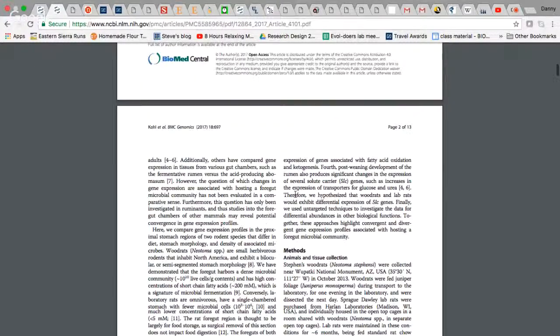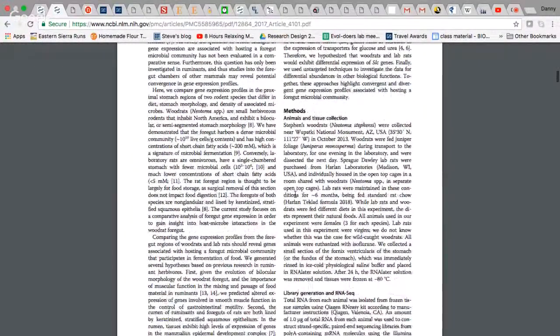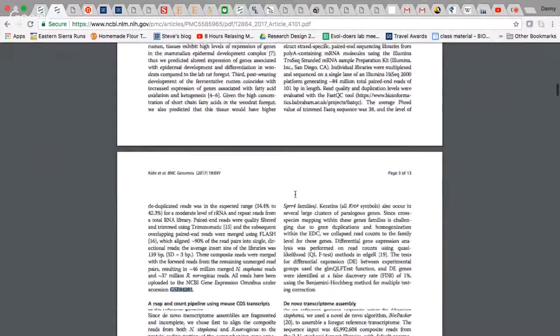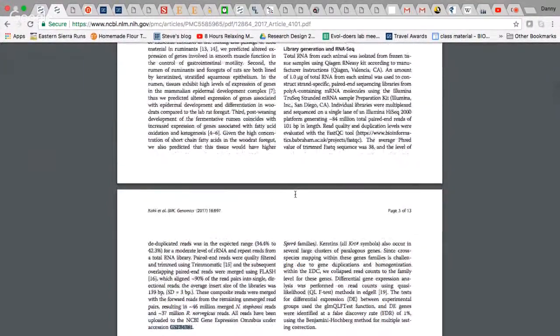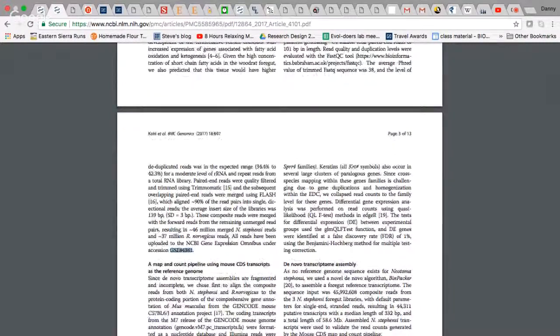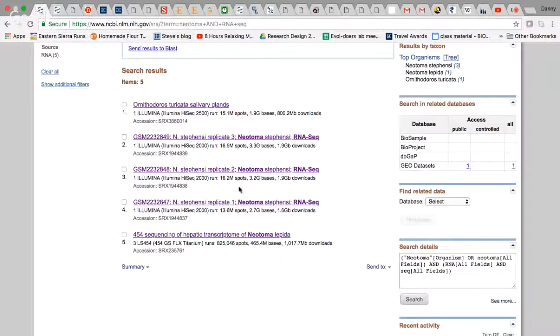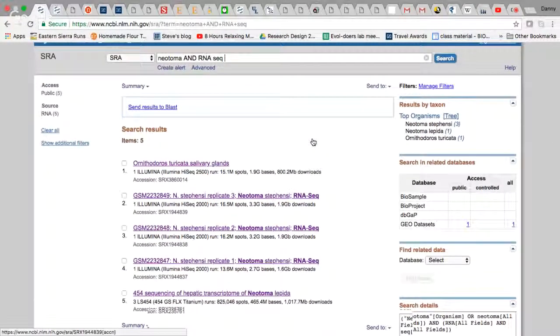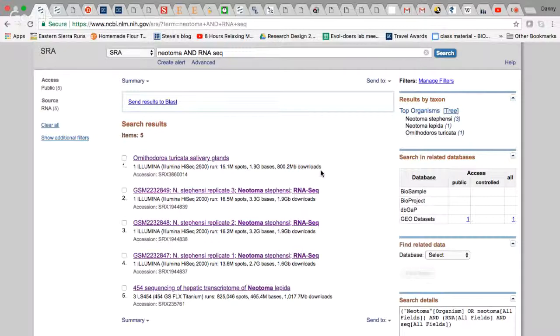If you read through the paper, and this is how you'll oftentimes find how to access data, if you look at their methods, at the very end, they say all reads have been uploaded to the NCBI Gene Expression Omnibus under an accession number, and they list it out here. This is the accession number they give for the GEO, or the Gene Expression Omnibus database, which is similar to the SRA, or Sequence Read Archive database. I have just used the SRA data for this example,